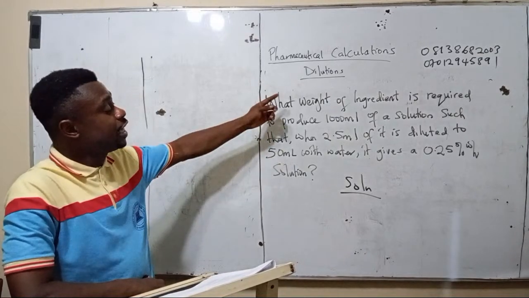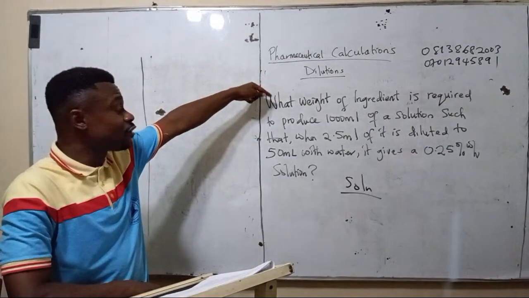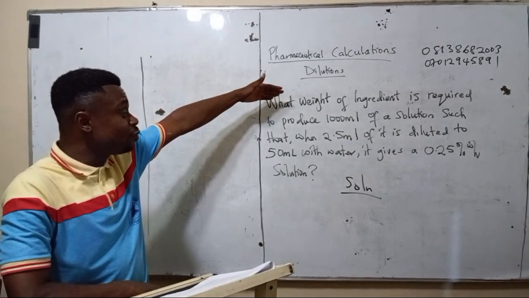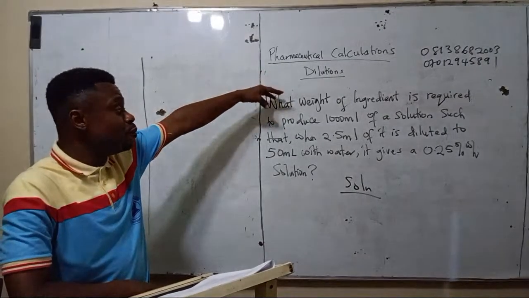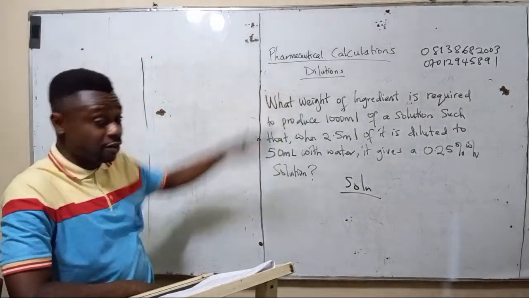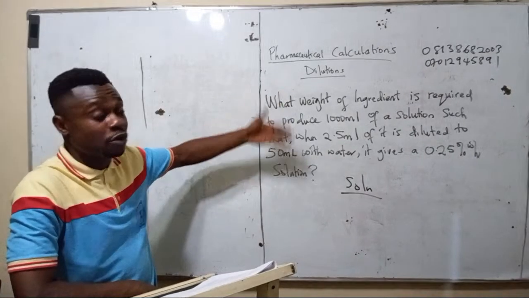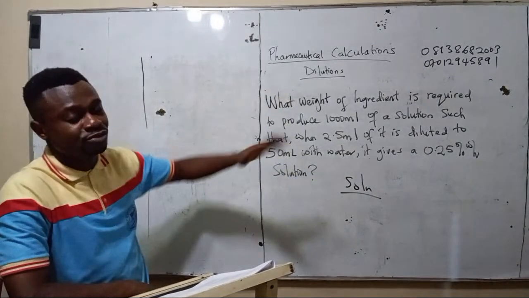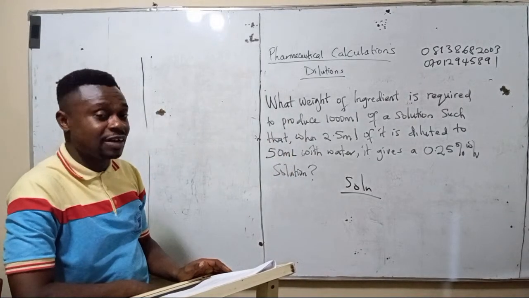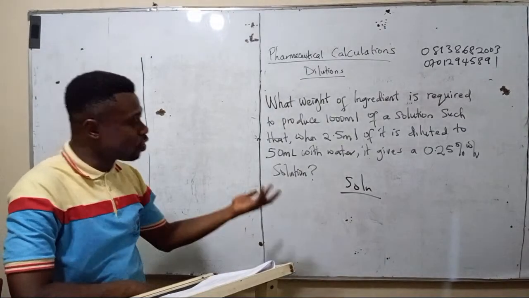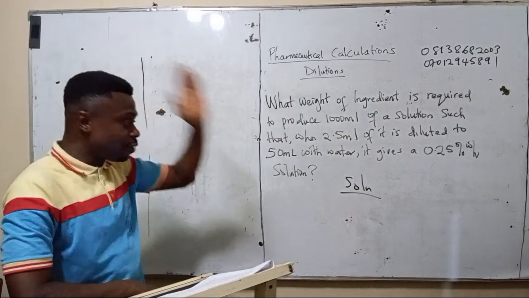We can calculate this by moving from the beginning of the making of the stock solution down, but it will be a long process. It will make us call the weight W or X or anything, then start calculating. It will take us a long way to arrive at the answer. The shortest means is to solve from back, from the end to the beginning,